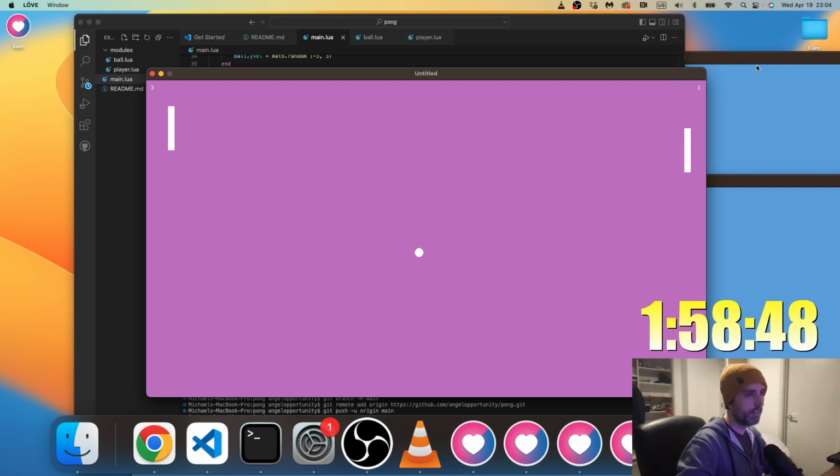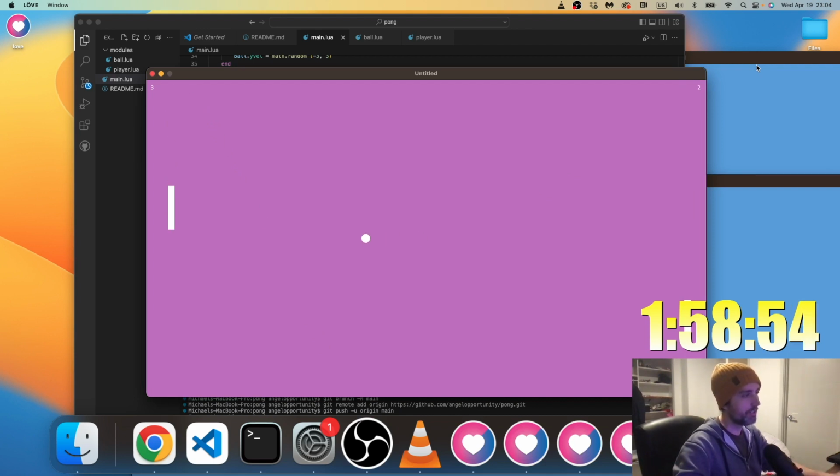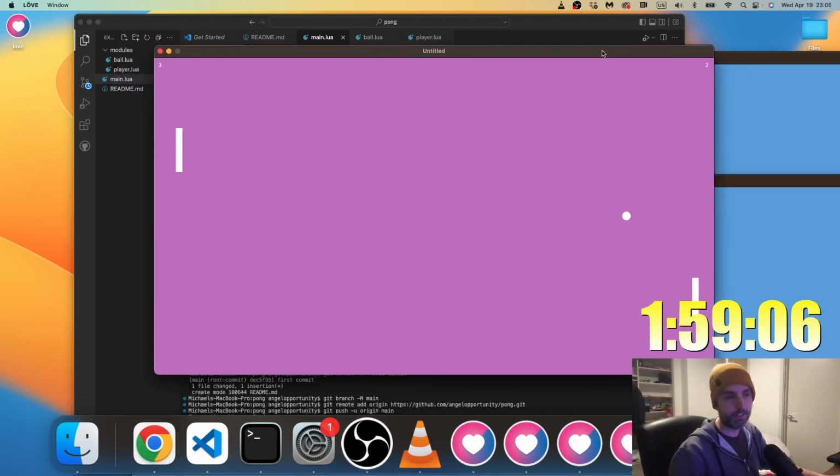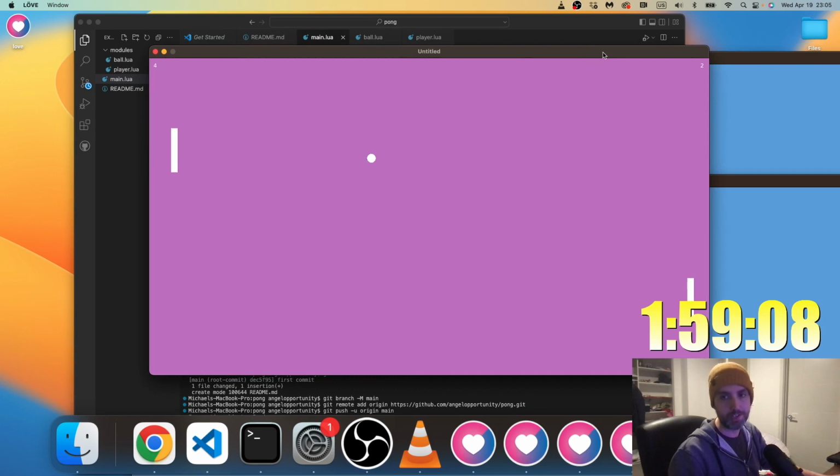Like right there, we saw some really buggy collision stuff happening. But for the purposes of it, I got Pong pretty much working in just under 2 hours. That was a super buggy behavior. What just happened there? What's going on with that? I don't know. But anyway, hopefully this was useful or entertaining. And let me know if you have any questions or you want to see anything else.